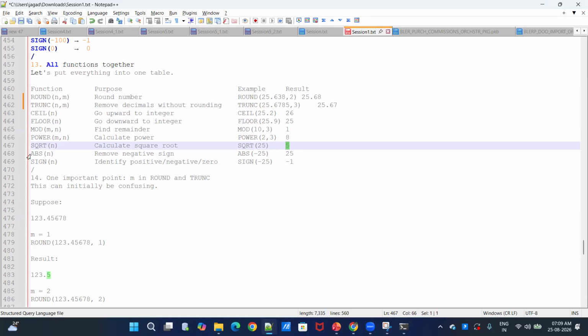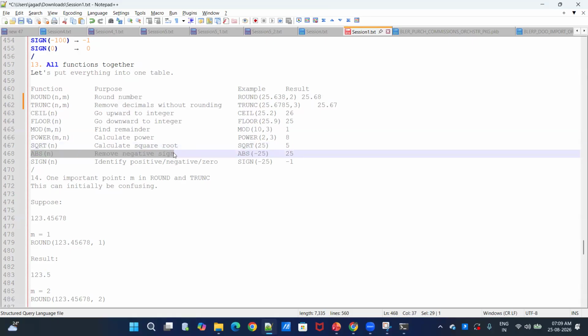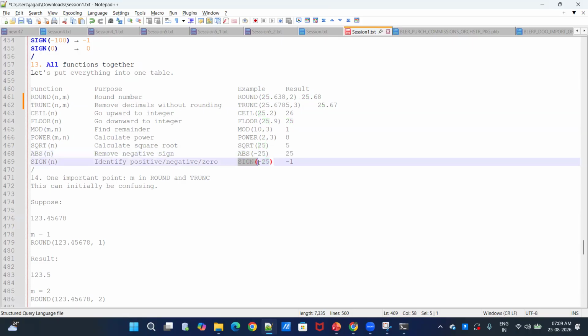Yeah, so this absolute is important. Absolute means it will take the number, and if it is a minus number, it will give the positive value. If it is already positive, it won't do anything. ABS. And sign of n identifies positive, negative or 0. Sign of minus 25 will return minus 1. If it is 25,